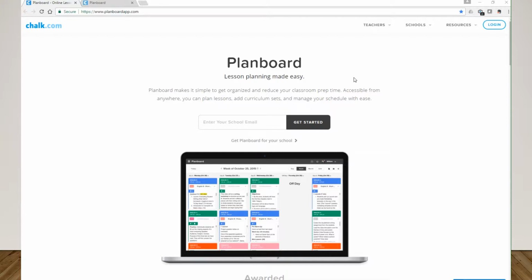It syncs between devices, so while I do my planning on my computer, when I'm in lesson and I have my iPad, I just pull up the Planboard app and all of my lessons are automatically there. And the last thing is that the customer service is amazing. Anytime that I've had a question, the Chalk team, they have multiple apps, Planboard is one of them, but the Chalk team has been amazing in terms of helping me figure things out or even taking suggestions on how to improve the app. So in terms of using it, you just log in,